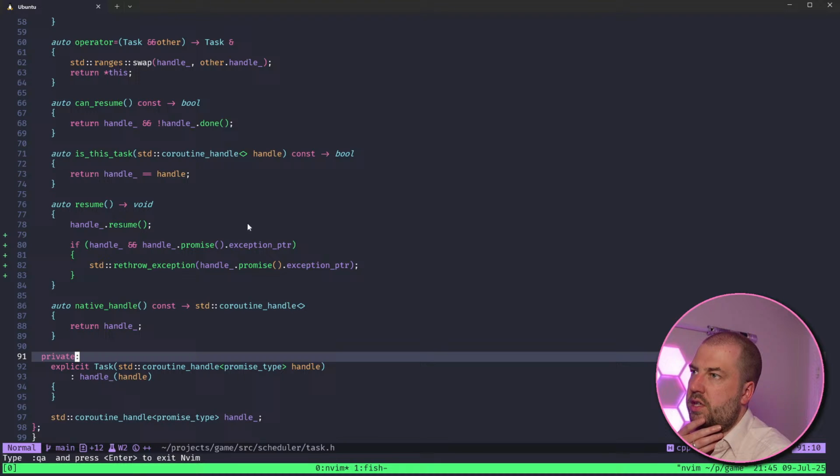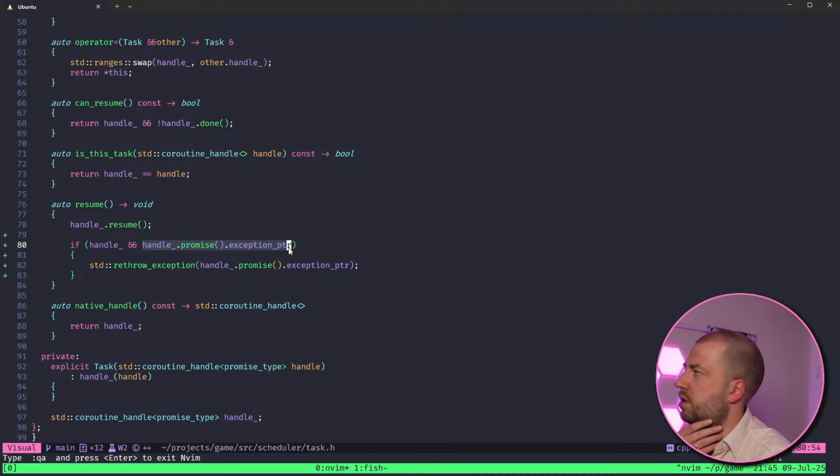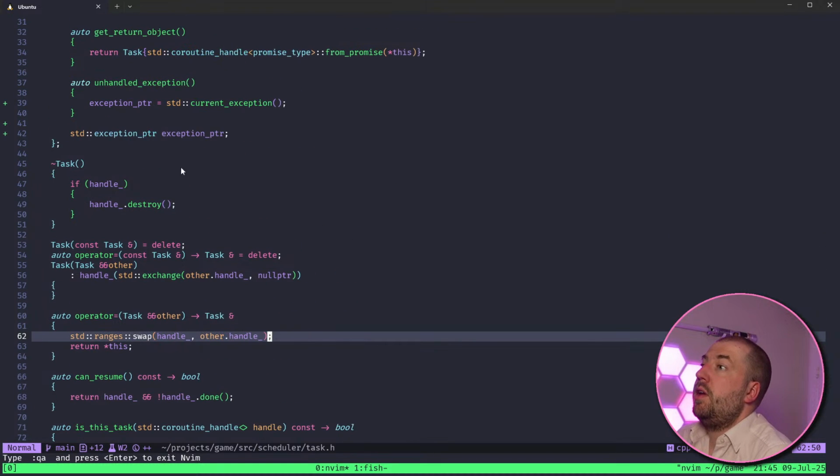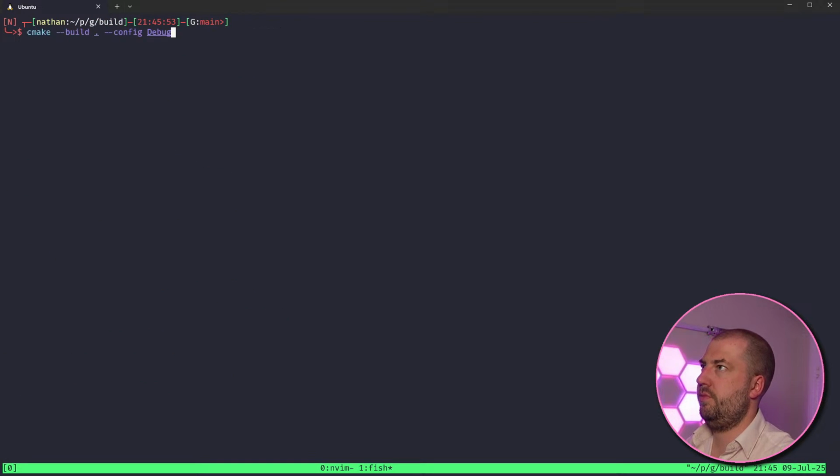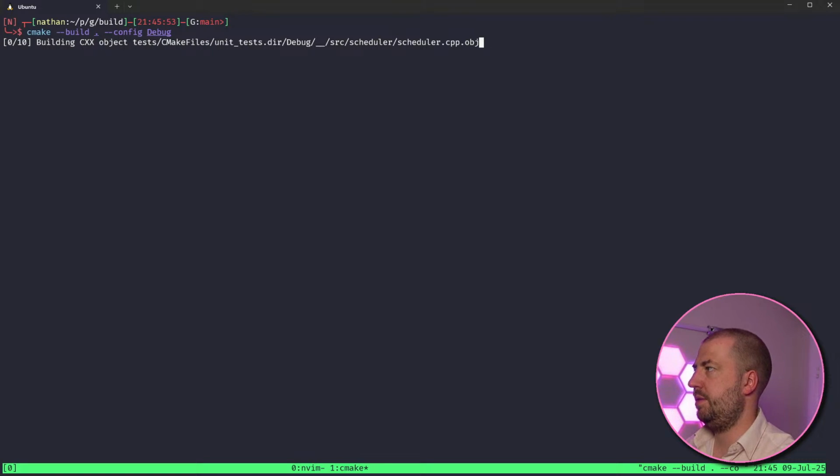We do null check the exception pointer, because one might not have been. Might be uninitialized memory.